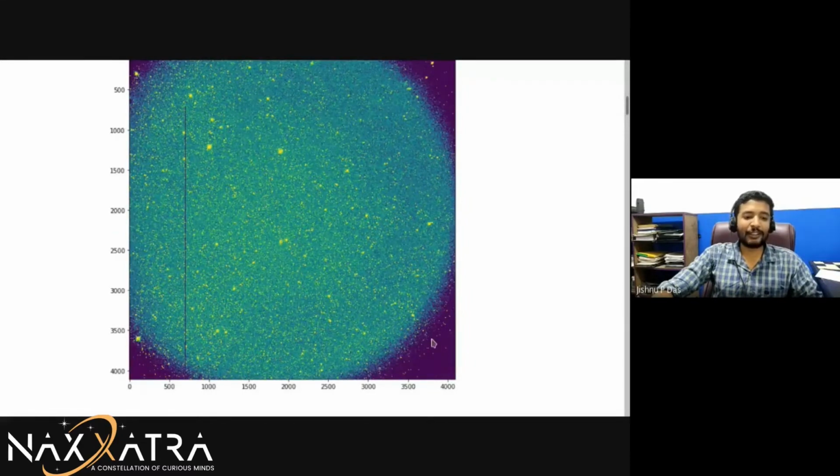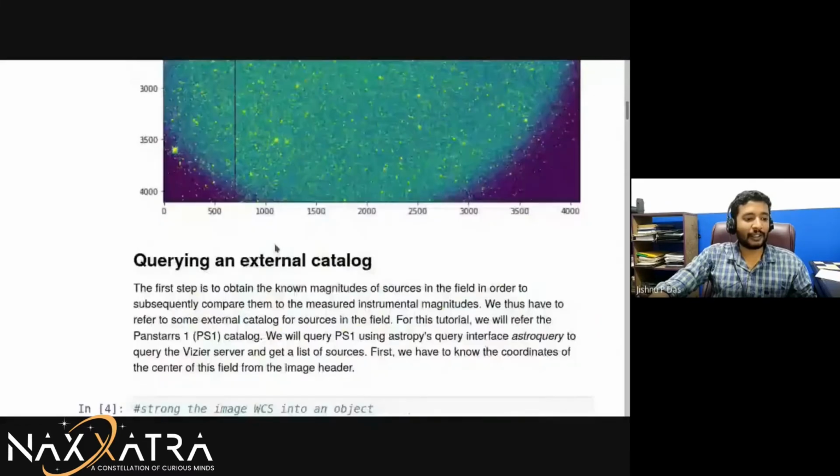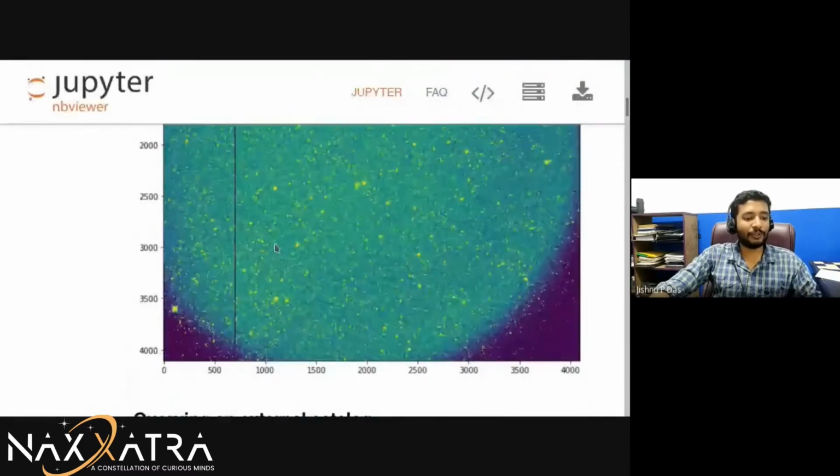The dark blue colors are darker regions. And this round shape is there due to the telescope. There is an effect called vignetting. This happens in photography as well. If there are photographers amongst you, you would know what vignetting is. If you were to use a lens meant for crop sensor cameras on a full frame camera, you would get vignetting. You can see that there are lots of yellow dots here, and all these yellow dots are individual stars, and there are a lot of individual stars that we have here. All right. So now what we can do is detect all these sources.